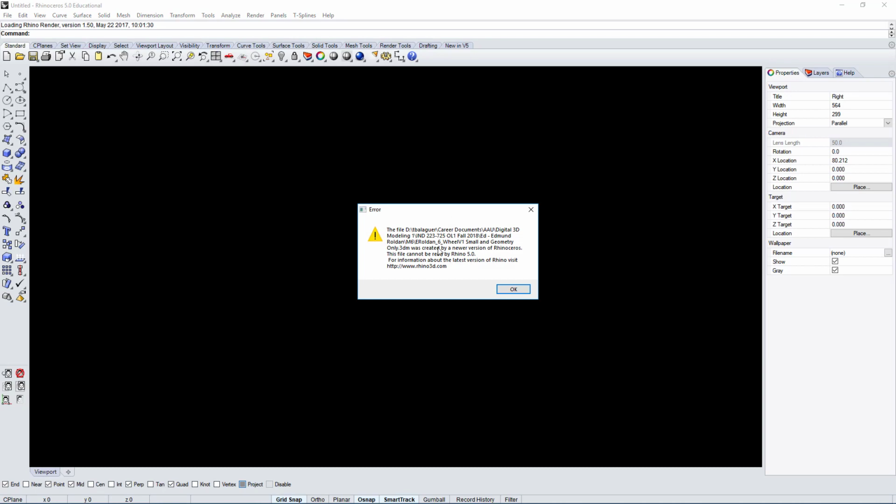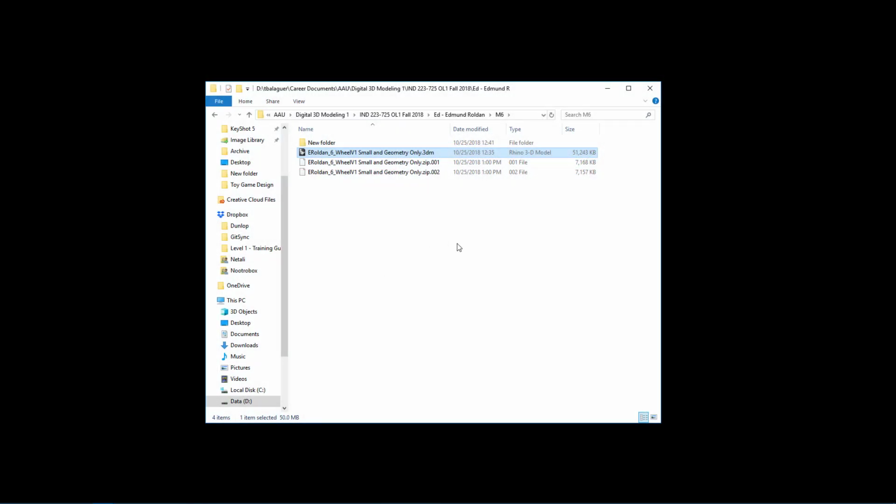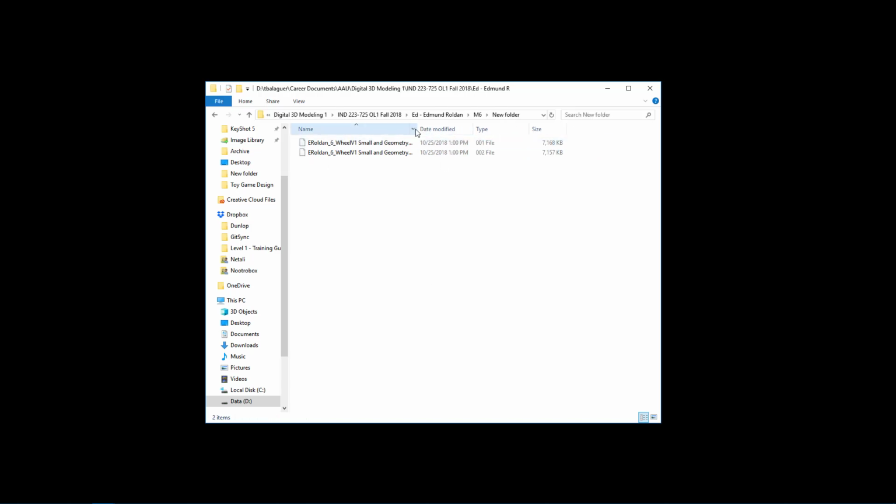So this is what the file looked like, except it's a Rhino 6, not Rhino 5. So let's close it. And let's get these 2 zip inside this new folder. Now I'm doing this just for the sake of a demo to show you this file. Right, so here we have 2 zip, so we would upload this onto a server, or in our case onto the interface of the Academy of Art.